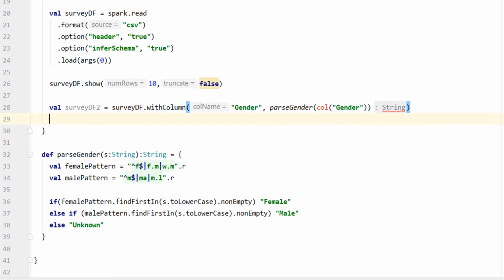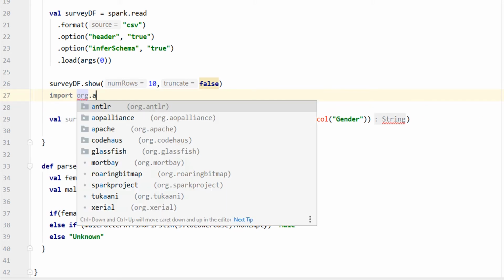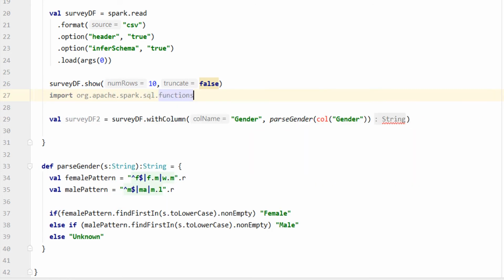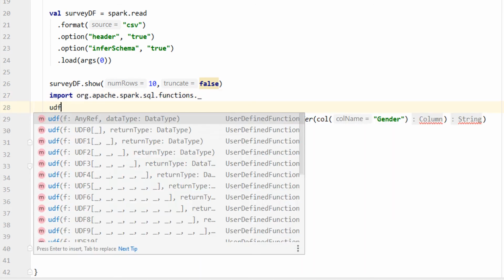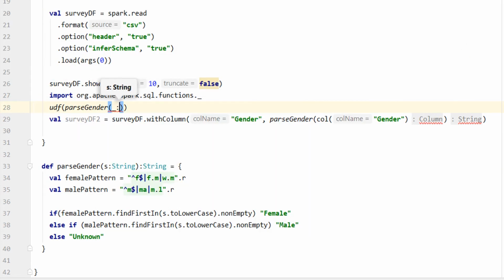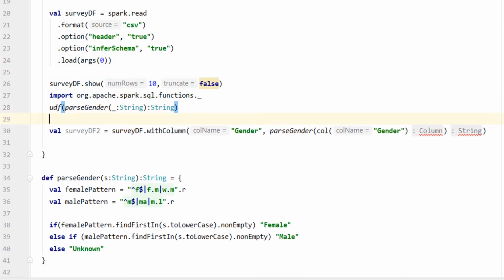However, we cannot simply use a Scala function in a column object expression. I need to register my custom function to the driver and make it a UDF. Let me do it. I'm going to use the udf function to register it. So, let me import the functions. Now, I can use the udf function to register my Scala function using the signature of my local function.